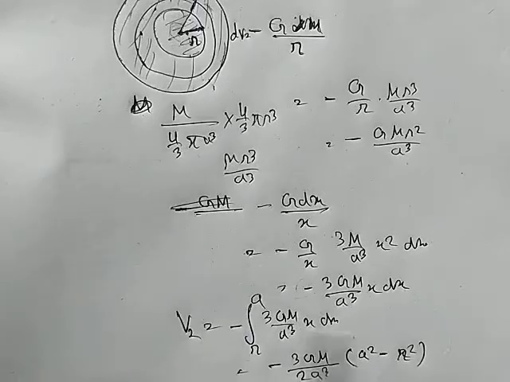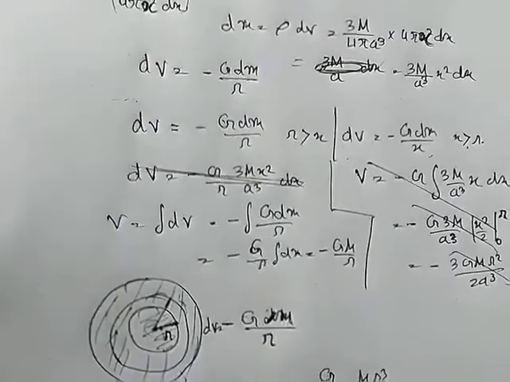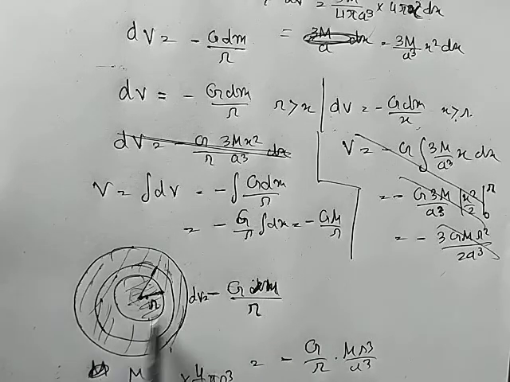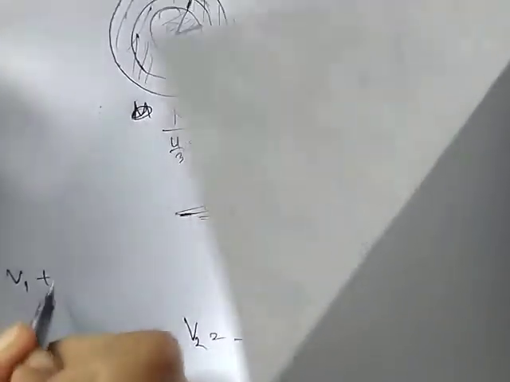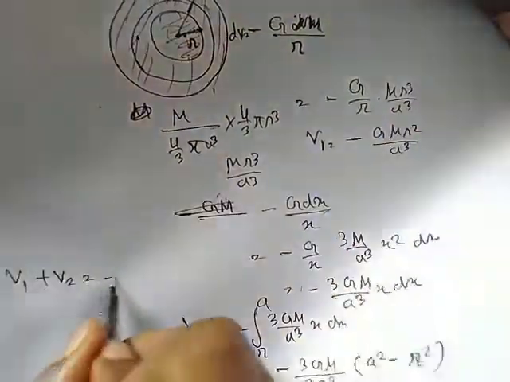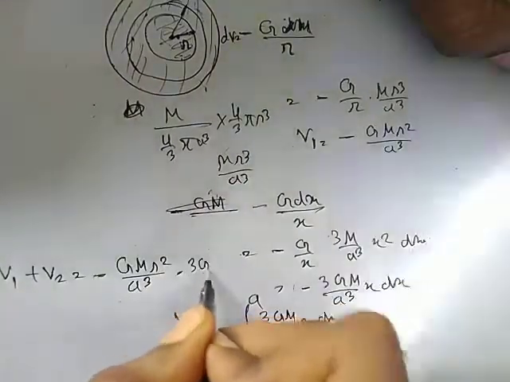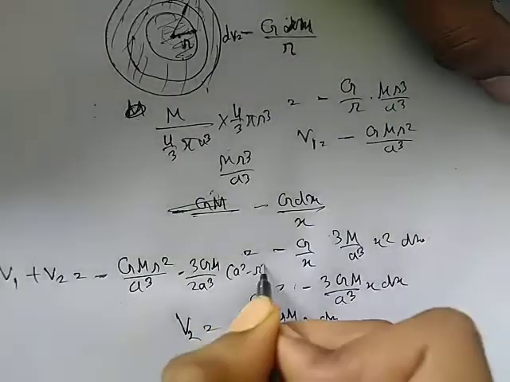We will call this V2, the potential due to this shell, and the one written here is V1, due to the inside sphere. So the total potential becomes V1 plus V2, equal to minus GM r square by a cube minus 3GM by 2a cube times a square minus r square,